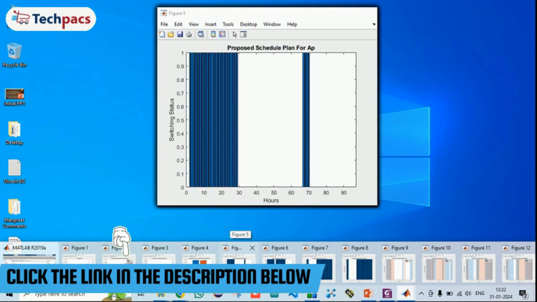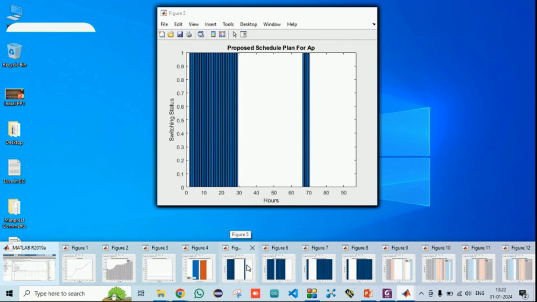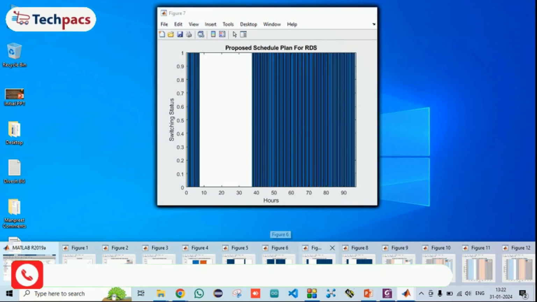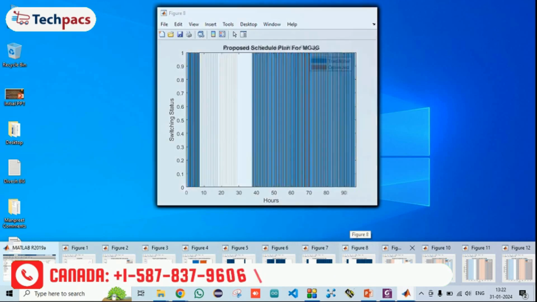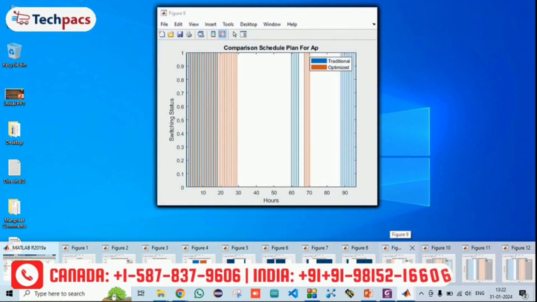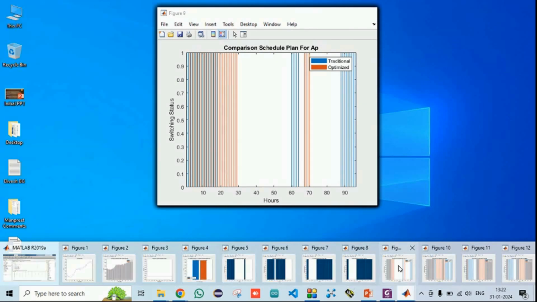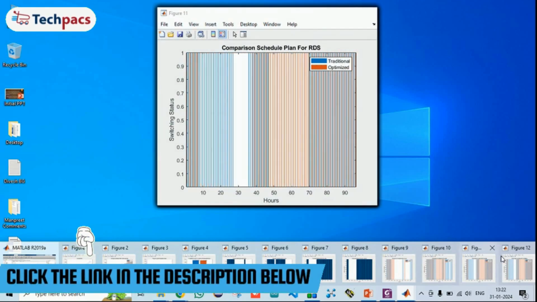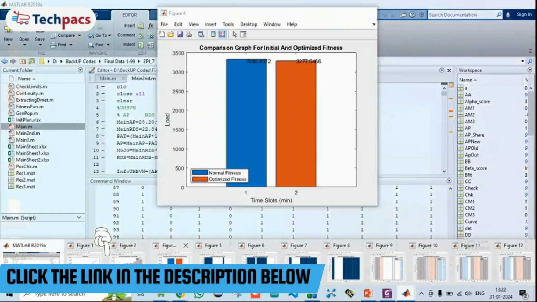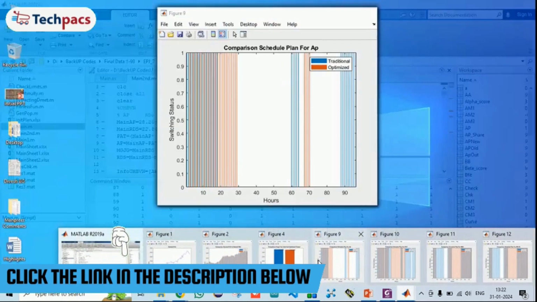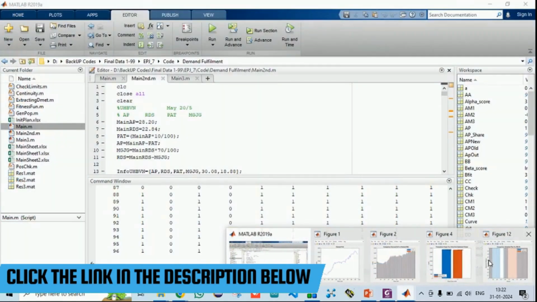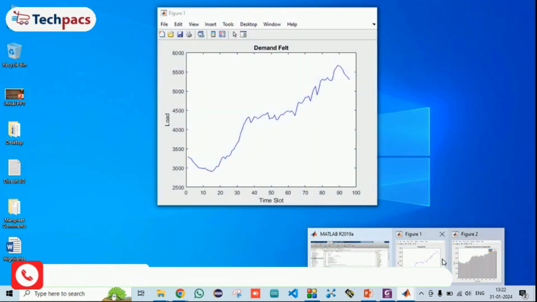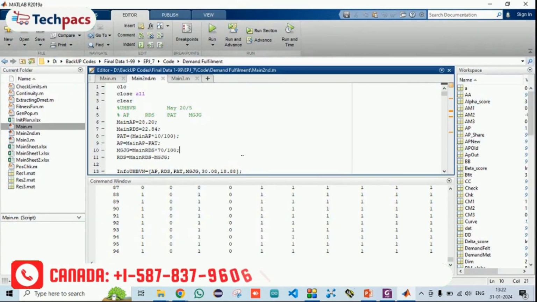So this is the plan for when the switching is to be done for the AP sector, this is for PAT, this is for RDS, this is for MGJG. This is the comparison of the initial plan they have given and what we have given in order to fulfill all the requirements and conditions for these different sectors. So we have done the comparison for every sector also. We have done this for different months with real-time data collected from the electricity generation industry,